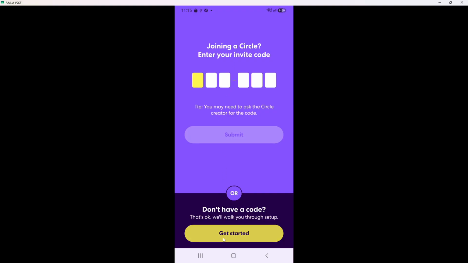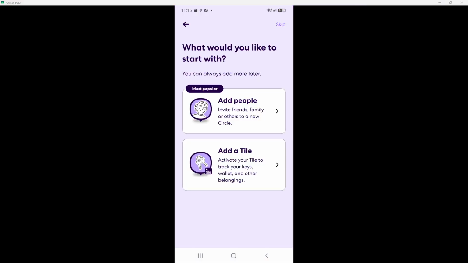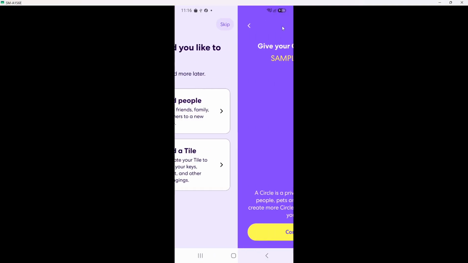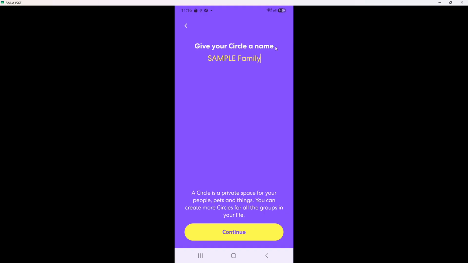Next up, let's set up location sharing. Life 360 is designed for families and friends to keep track of each other's locations. To enable this feature, you will need to grant the app permissions to access your device's location. Look for a prompt asking for location access when you first set it up. Tap Allow to give the app permission.